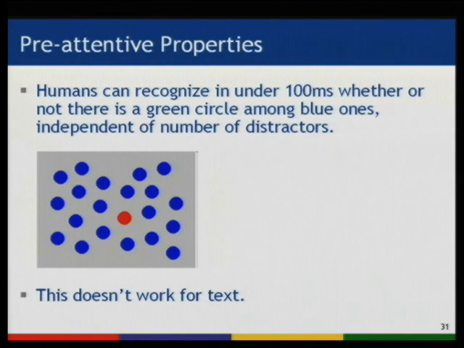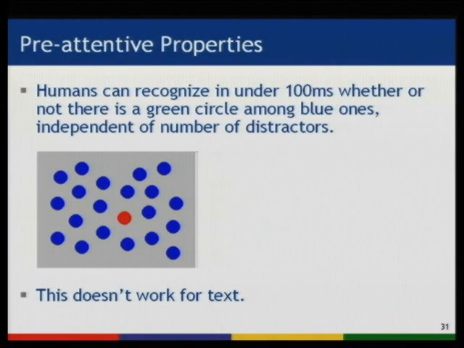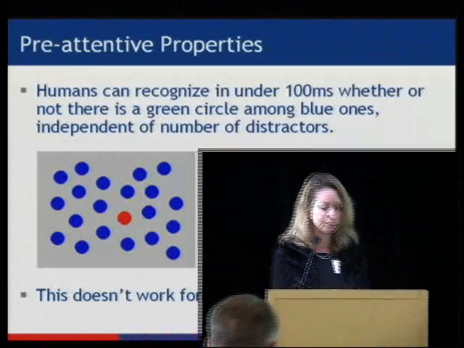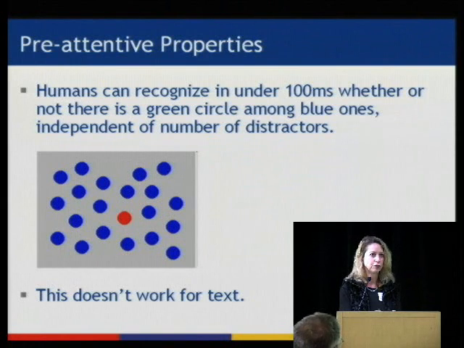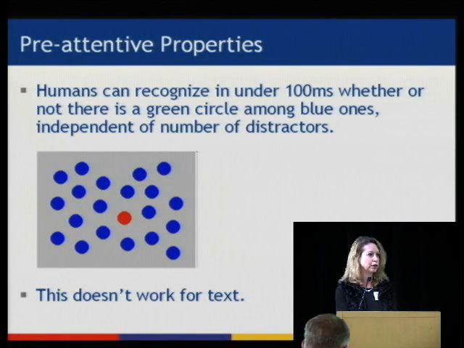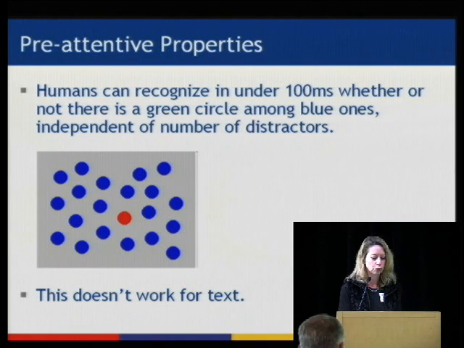So pre-attentive properties, which is what visualizations take advantage of, are those properties where humans can recognize without having to do serial scan. They can tell in parallel, typically under 100 milliseconds, whether or not a property holds. So in this case, even if we have a very large field of blue dots, people can determine under 100 milliseconds whether or not there's a red dot in that field. So color differentiation is a very powerful visual indicator, and that's why highlighting with color when you don't have too many colors is a very effective visual interface trope.